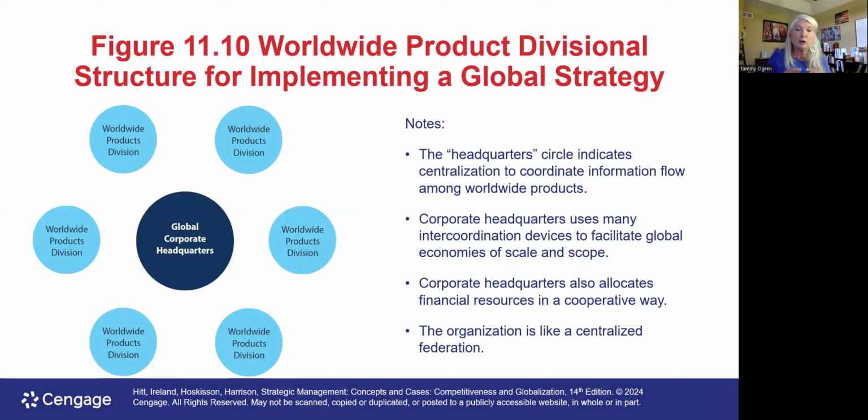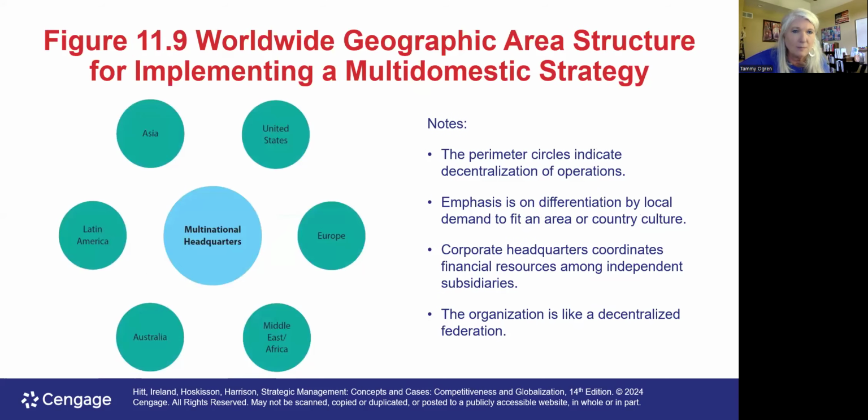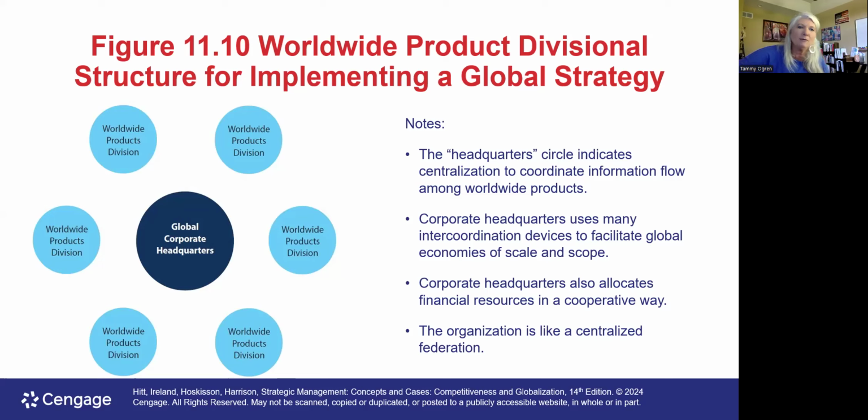Okay, so now let's look at a global strategy. This is different, and what a product divisional structure looks like in a worldwide setting. So the global strategy is one where the firm offers standardized products across all country markets. Okay, that's different than back when we talked about a multi-domestic strategy. If you look at the green areas, these are country specific. The local area governs what we do in that country. When we have a global corporate headquarters, we're creating the same products throughout the world.